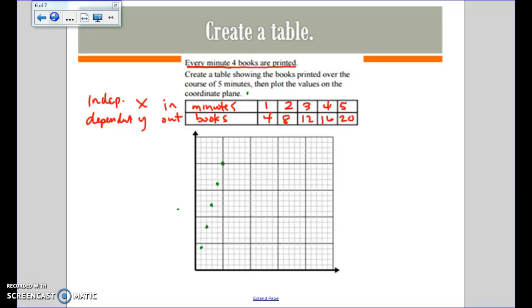And so we got a skinnier, taller line, but if I was able to draw a perfect line through those points, you would notice that it goes through the origin. And you would also notice that the ratios, 4 to 1, 8 to 2, and so on, are all the ratio of 4. So this would also be a proportional relationship. The important part is going to be identifying which is the independent and which is the dependent variable. In this case, the number of books depends on how long